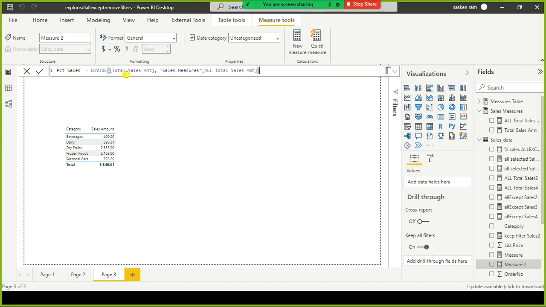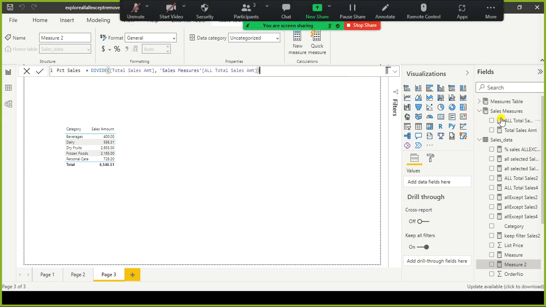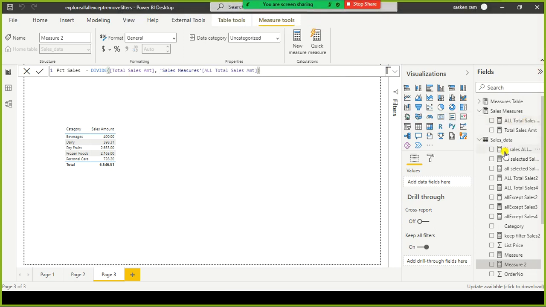In this measure, remember that we have applied the ALL function on the sales data table, which means we are asking DAX to remove any filter on this table. Anyhow, when I drag and drop this as part of this visual, I'll explain it and you will be able to understand how it works. Next, in this measure, I divide the total sales amount by the all total sales amount measure.